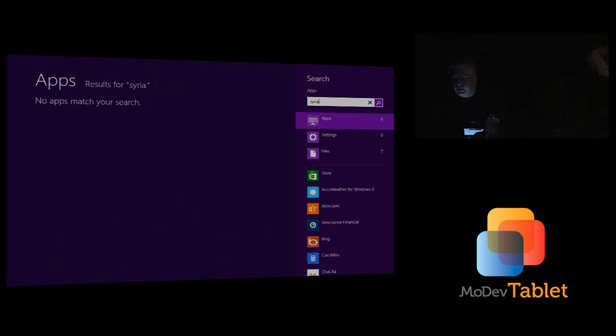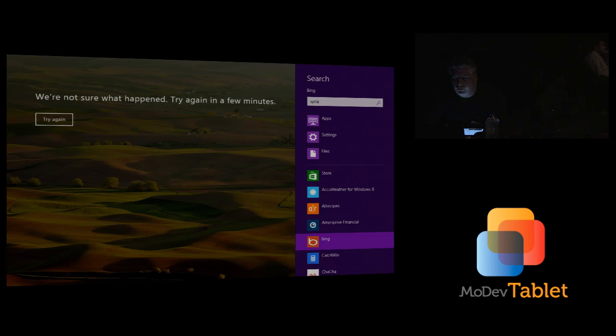So I may want to search for the word Syria. I may decide, well, you know what, I'm going to go search for Syria on Bing. So just by selecting Bing,